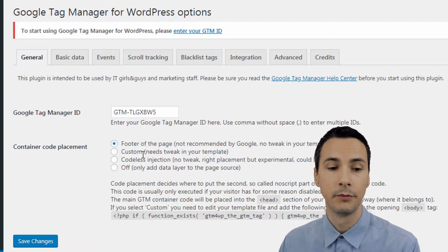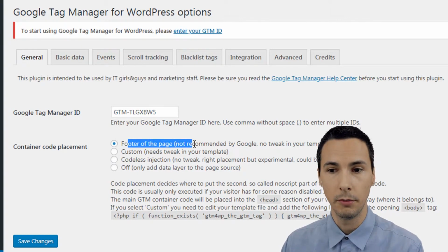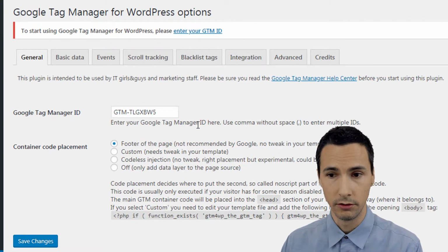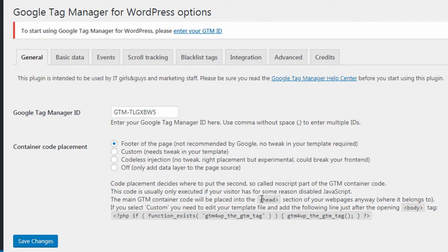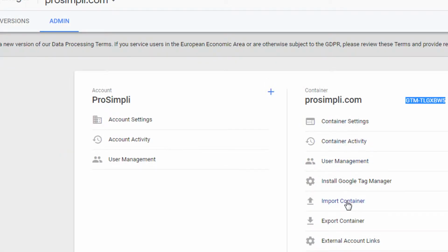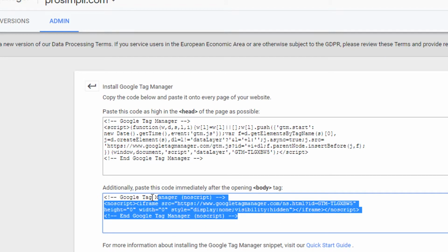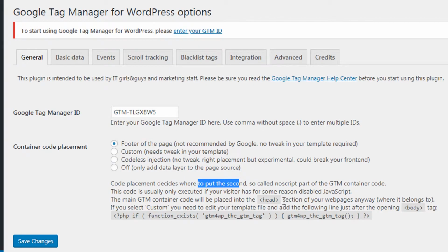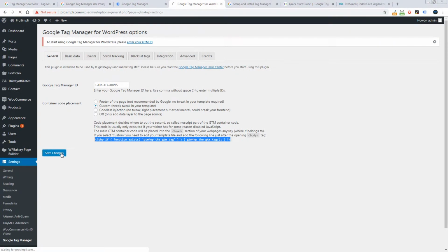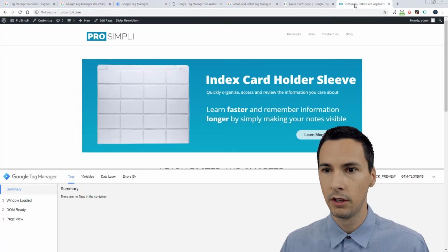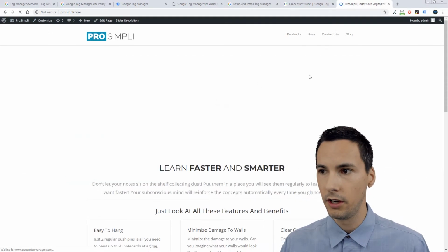And this particular plugin is unusual because it'll put it in the footer of the page by default. We just learned that's not optimal. We want it, and this container code placement decides where to put the second GTM code. So this part here. So this plugin is figuring out where to put that second one for people that don't have JavaScript. So we have to do something like this. We have to select custom there, copy this, save changes, and before we actually go and submit this, let's refresh,